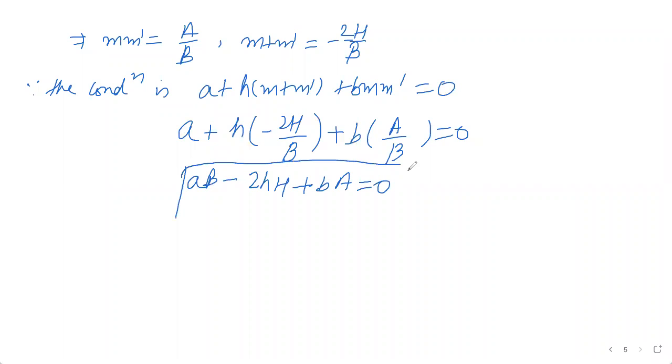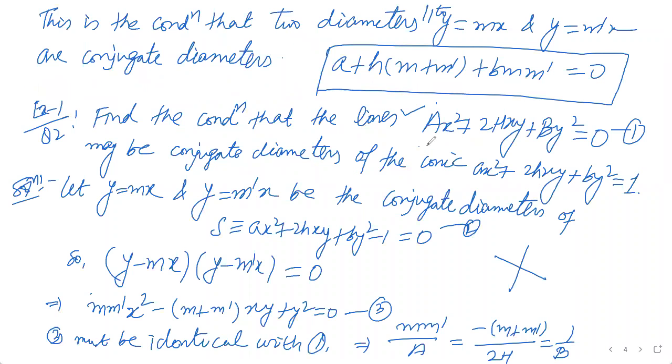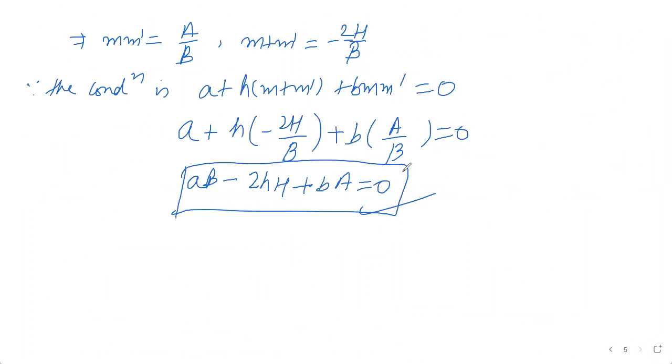So this is the condition that this particular pair of straight lines will be conjugate, है। तो यहाँ सिंपल हमने इस कॉन्सेप्ट को इस्तेमाल किया।